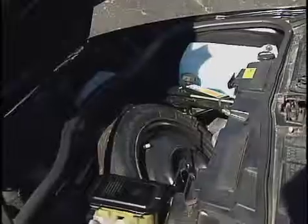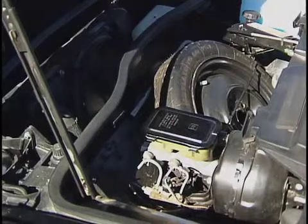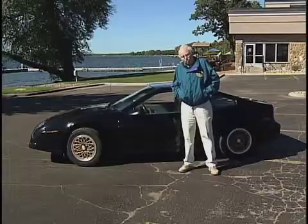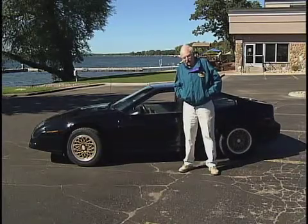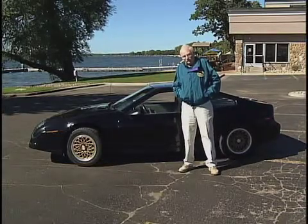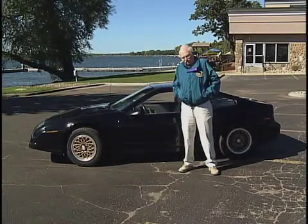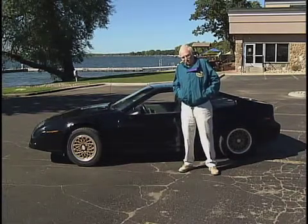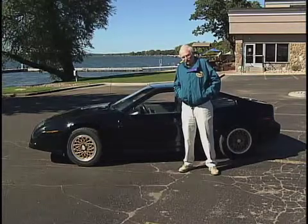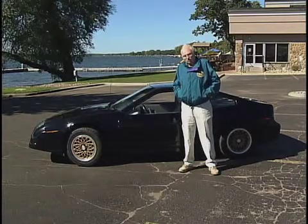This one is pretty much original. There was a wing on most of the GT models. You could order it with a delete on the wing. This one has a delete wing, which makes it a little bit different than most of the GTs that came out in '88. The GT was introduced in '86, '87, '88, but the '88 was the one that changed the